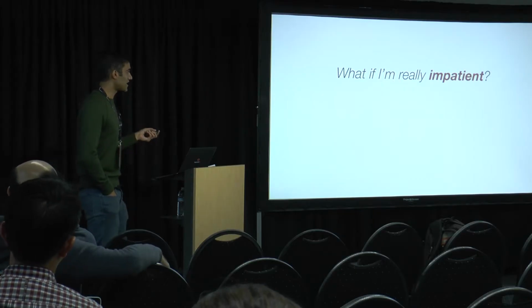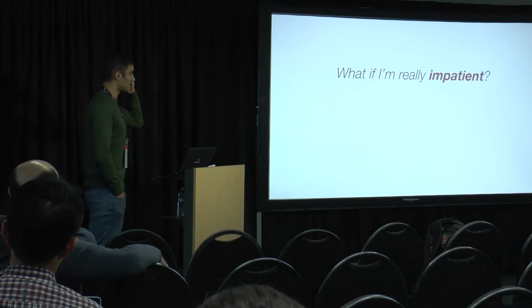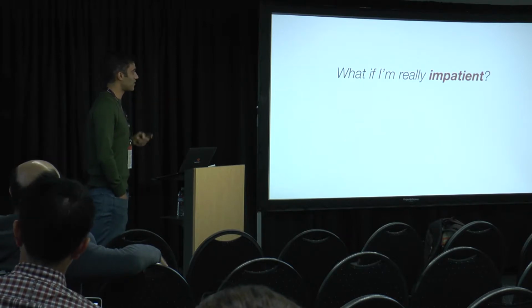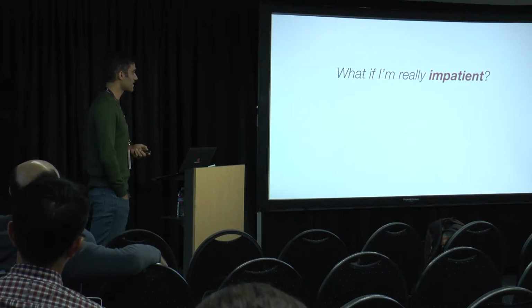Right. So another thing we looked at, we have a bunch of variants of these experiments, but I'll show one more for time purposes, and it's answering this question of what if I'm really impatient. Imagine you're in a situation, as we talked about, where it takes a day or even a week to train a single model. Now, if it takes a day or a week to train a single model, and it takes 20 times longer to actually do this hyperparameter search because you have to train so many models, it's not really feasible to spend half a year tuning your models, right?